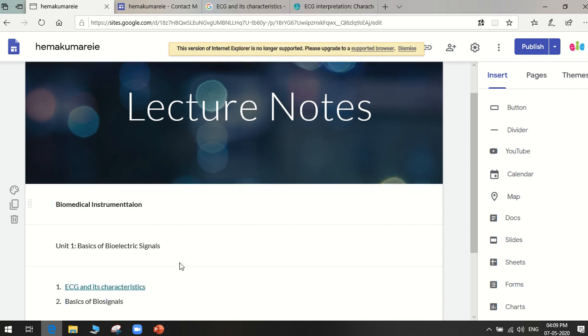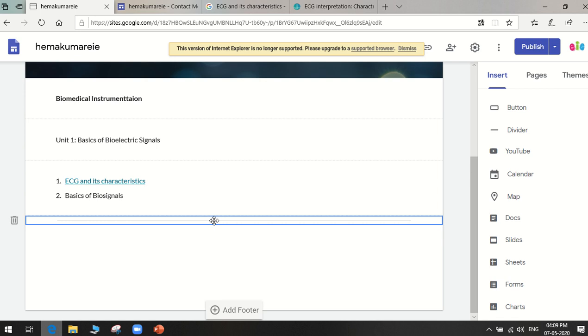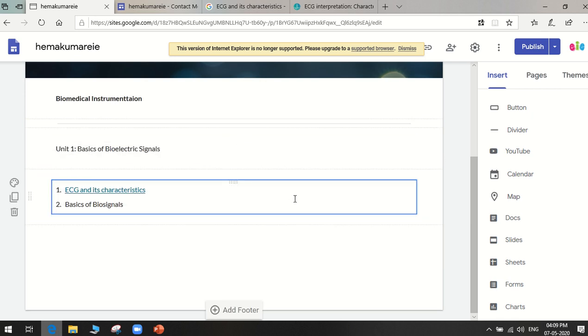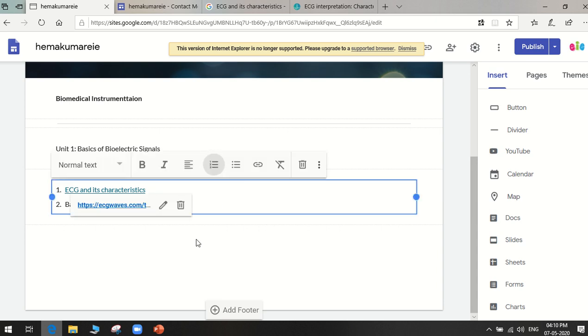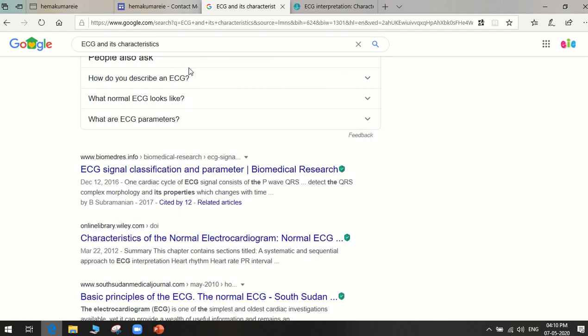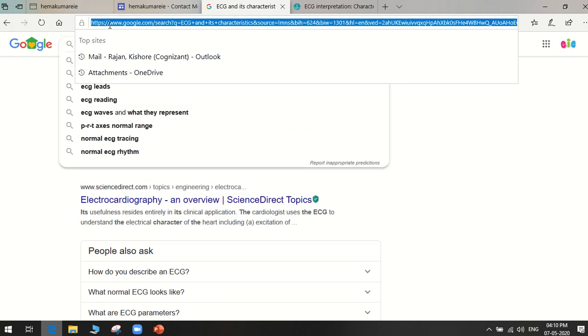In our lecture notes page, to give it more look, I'll just use a divider. I will drag it and put the divider after the title. I suppose I want to give some YouTube links, so I'll go to youtube.com.